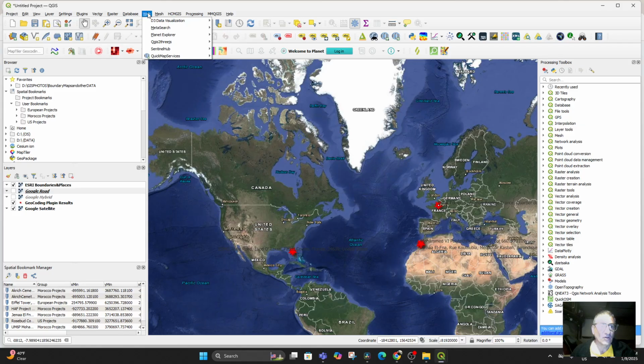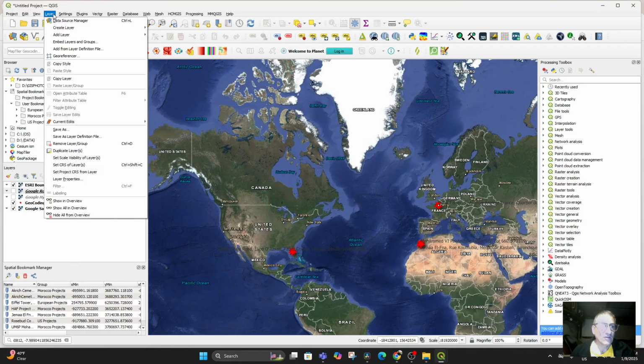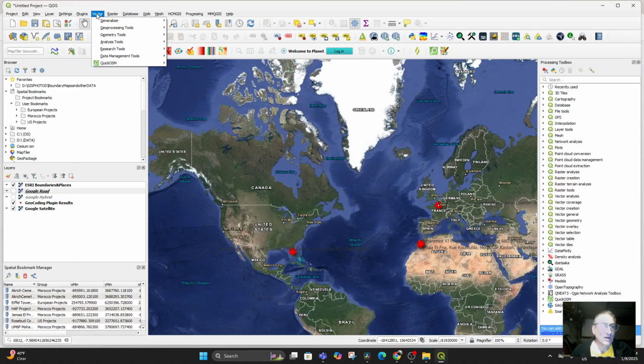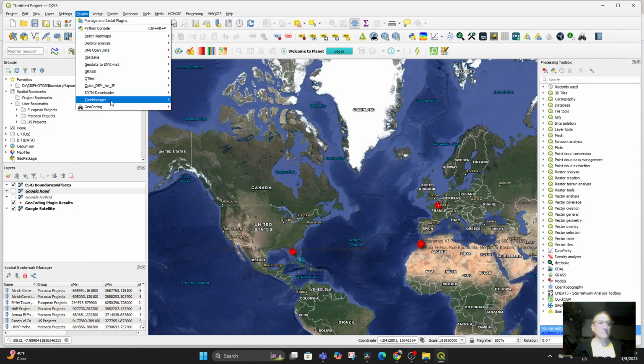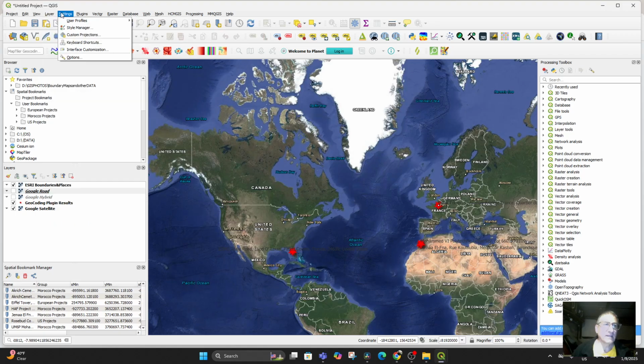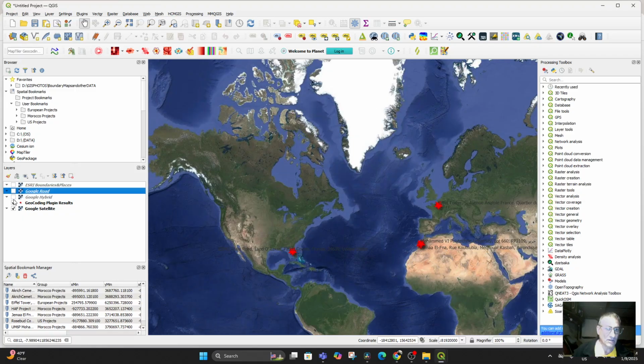Is it under web? No. Is it under layer? Or is it under vector? It's under vector, not plugins, not web, such as Quick Map Services, not plugins, geocoding. It is under vector because it's bringing in vector information. Vectors are information that looks like, let's see,